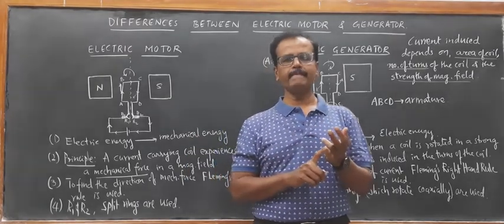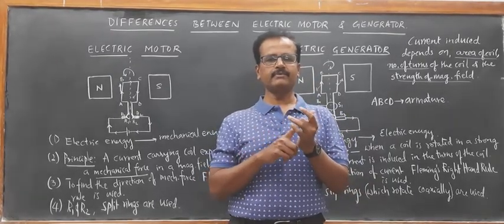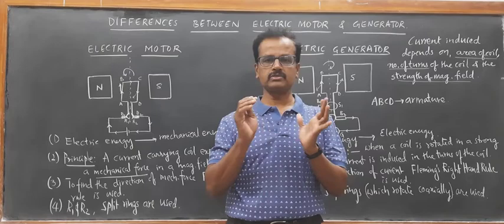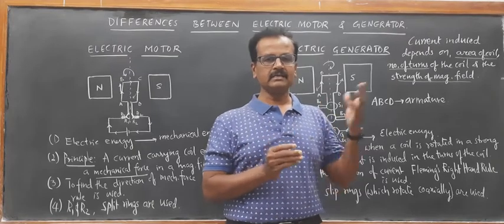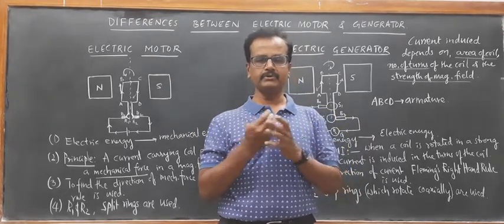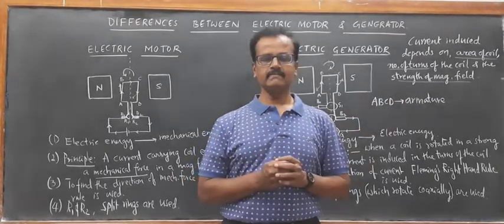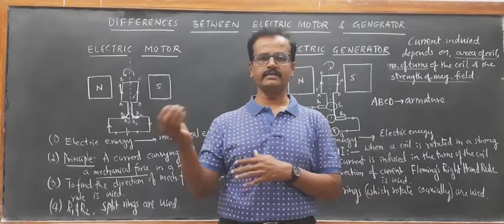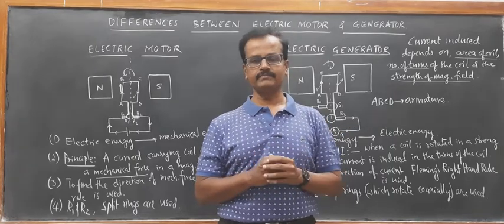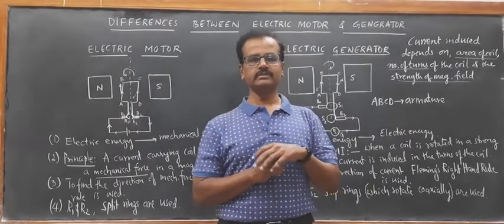So the current produced by a battery, current produced by cells, and the current produced by a DC generator are steady currents, of constant value. Whereas the currents produced by an AC generator and by the inverter are alternating. The moment there is a failure of power supply in the homes and laboratories in the school, suddenly we switch over to the inverter. The inverter also provides us alternating current. So these are the sources.